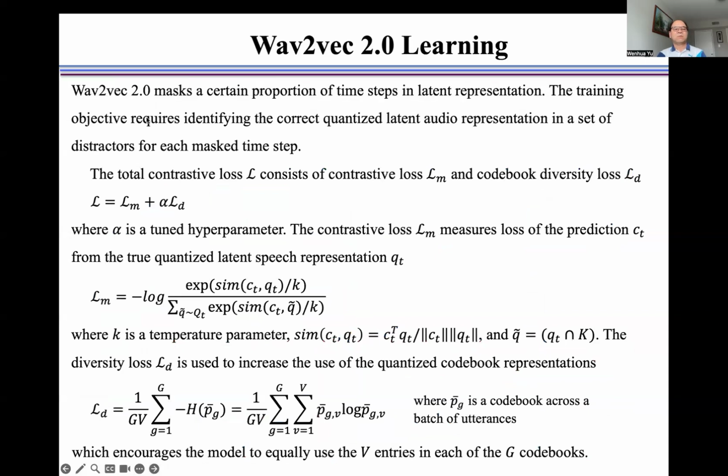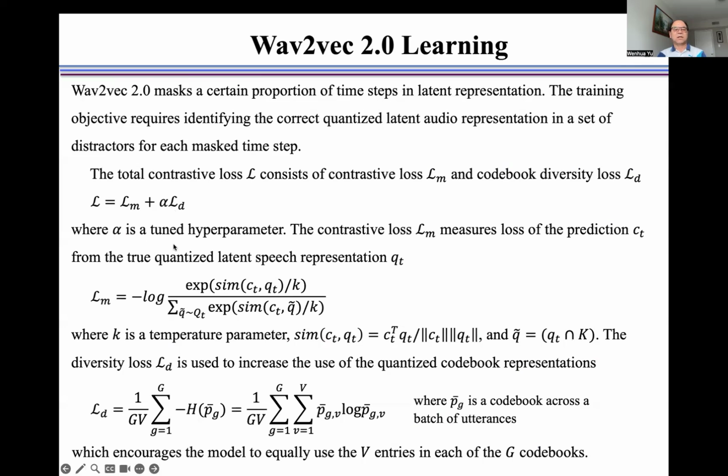Wave2vec 2.0 masks a certain proportion of time steps in the latent representation. The training objective requires identifying the correct quantized latent audio representation in a set of distractors for each masked time step. The total loss L consists of the contrastive loss LM and the codebook diversity loss LD, as shown here, where alpha